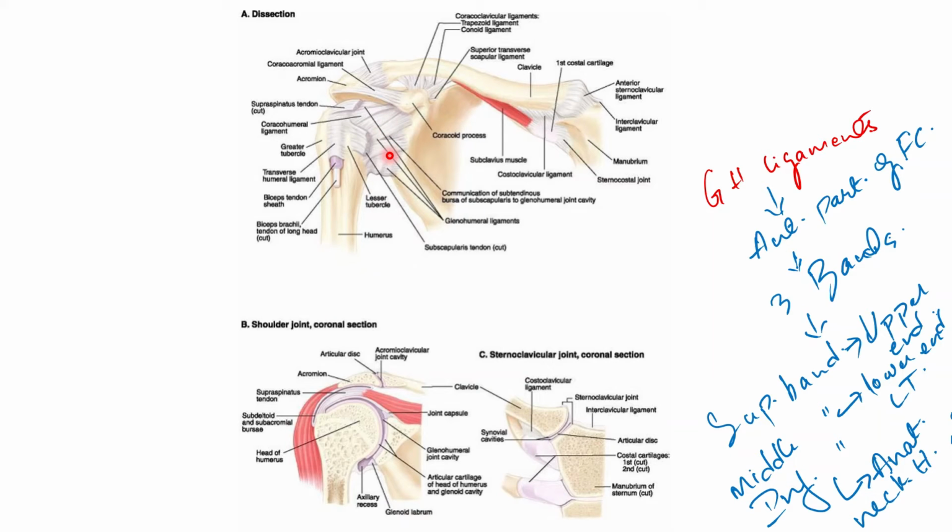The next ligament is the glenoid labrum. As we have already discussed, the glenoid labrum is a thick fibrocartilaginous rim attached to the margins of the glenoid cavity, and it is triangular in cross section. It increases the depth of the glenoid cavity, thus helping the ball of the joint to roll easily. The other ligaments are the coracohumeral ligament and the transverse humeral ligament.